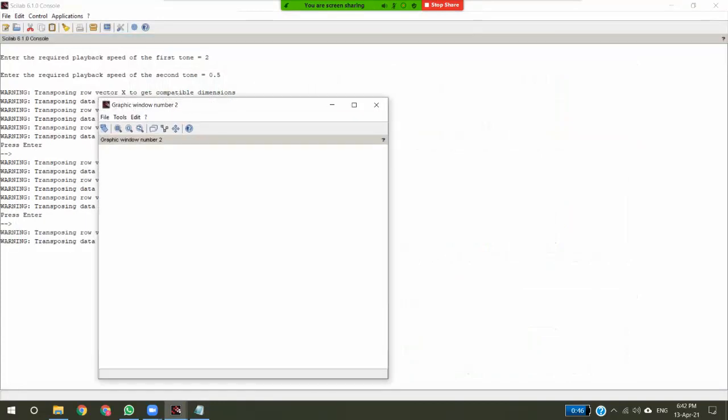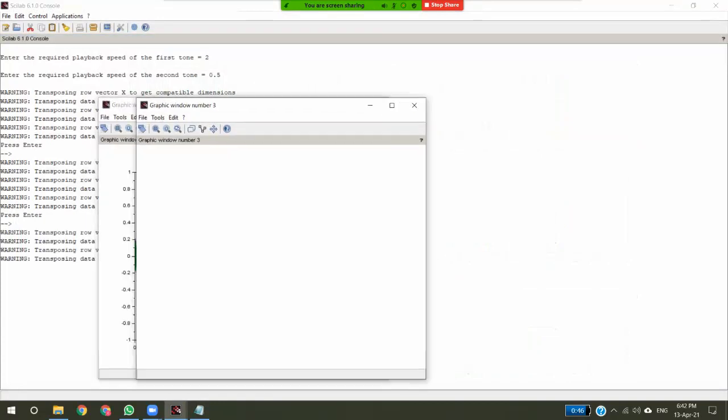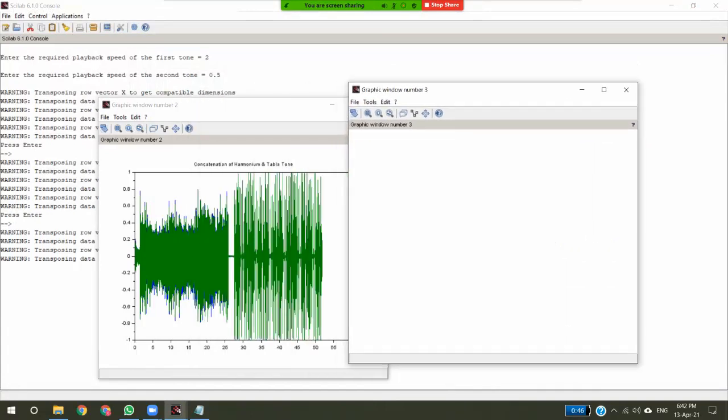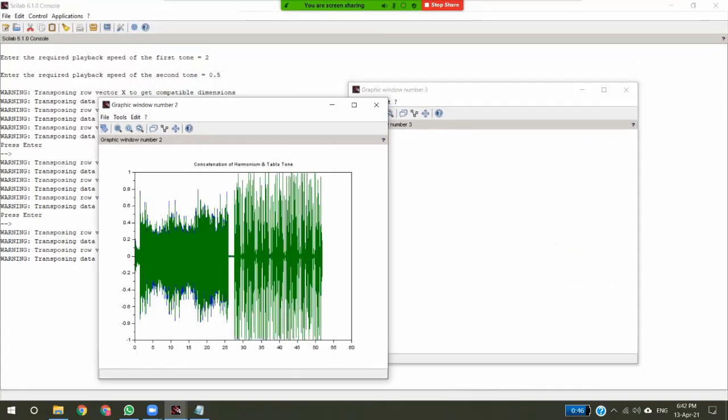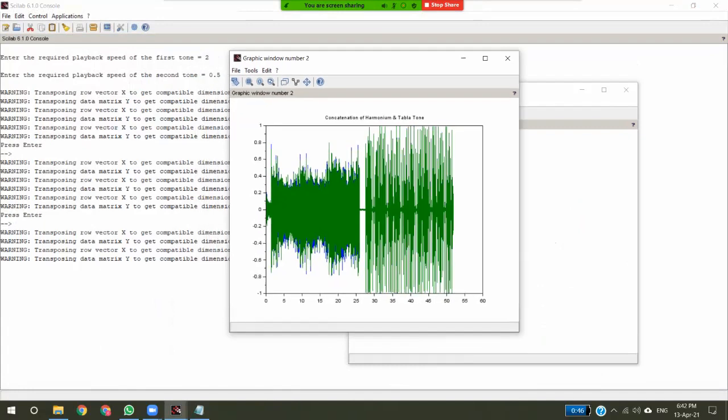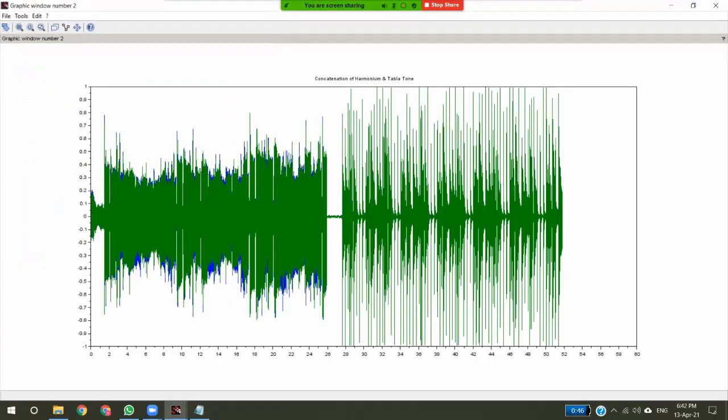Now we'll see the concatenation of these two tones. So here the two tones are concatenated, that is, the first tone is played first and the second tone is played after that.